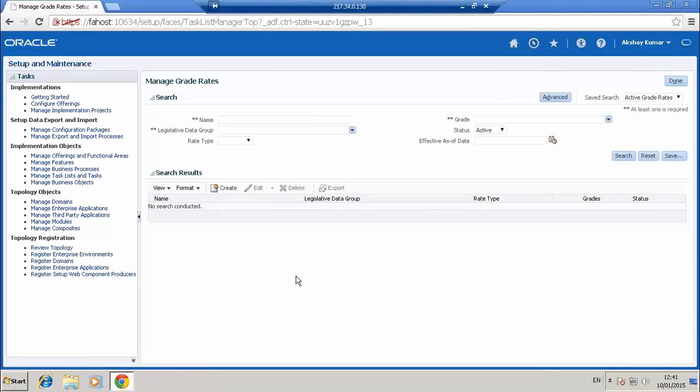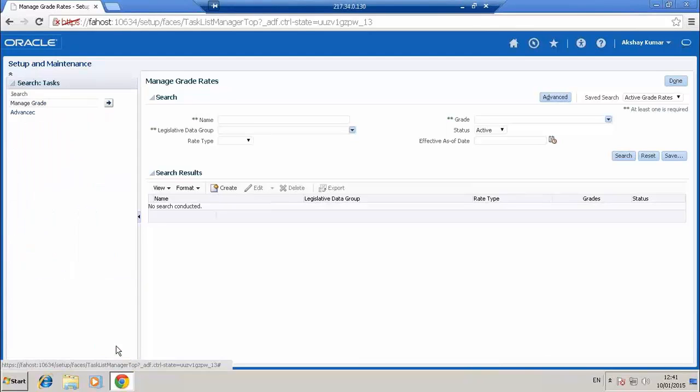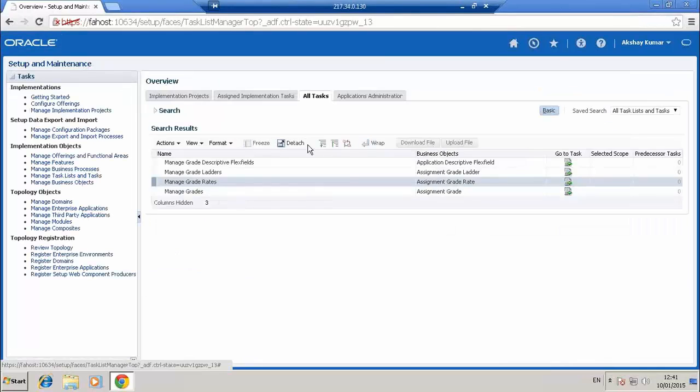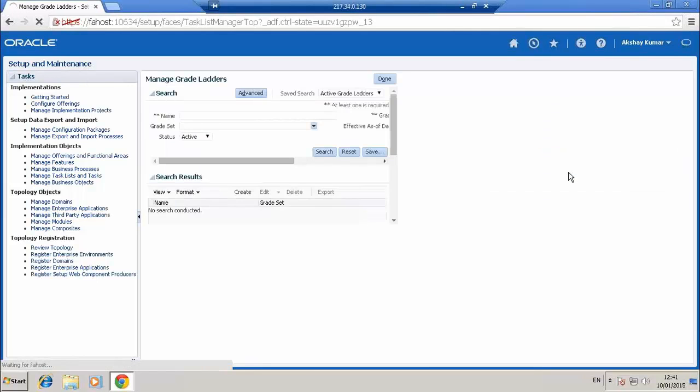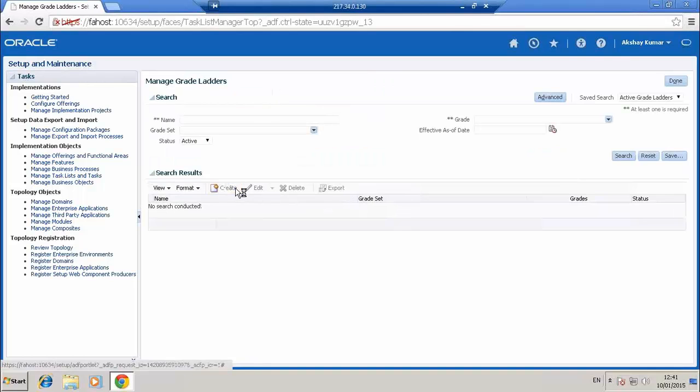So this is how you create the entire structure for core HR. Sorry, can you just show me how the grade ladder looks like here in Fusion? Okay. Grade ladder is mainly used for showing the progression for an employee.